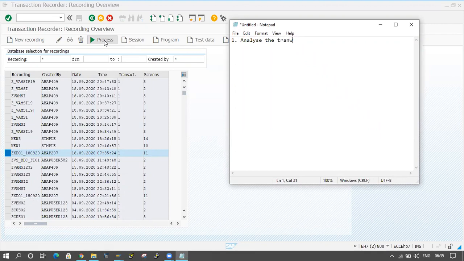Then prepare the flat file. Here, in real time, we will mostly use Excel sheet. In very rare cases we will go for Notepad.